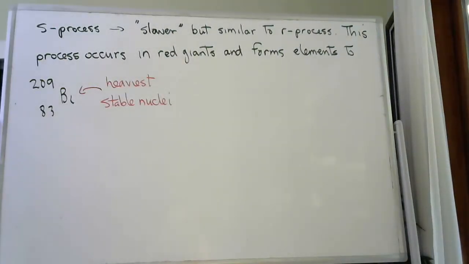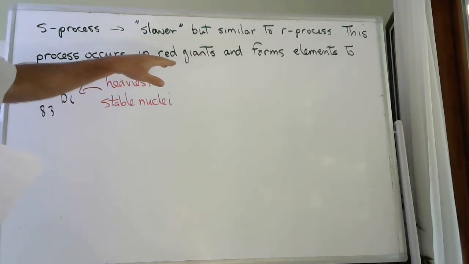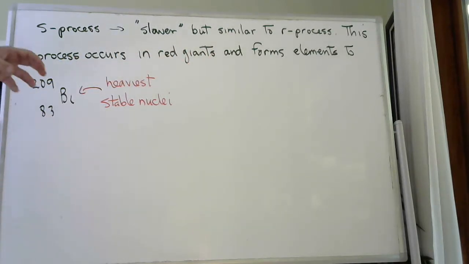And so that was discussing the R process, which is a rapid process which happens during the implosion and explosion. The S process is also discussed in the paper I put out. This process is very similar to the R process, but it doesn't happen in an explosion. It happens over billions of years within the red giant. So within the red giant, there is iron, there are neutrons, there are lots of different particles and elements. And over time, we can slowly piece together heavier and heavier elements